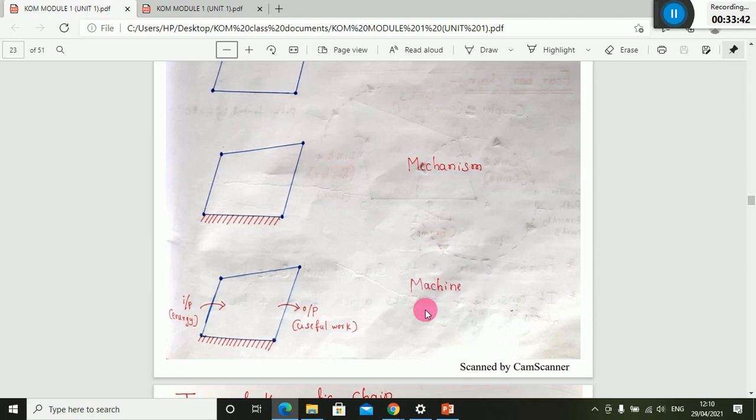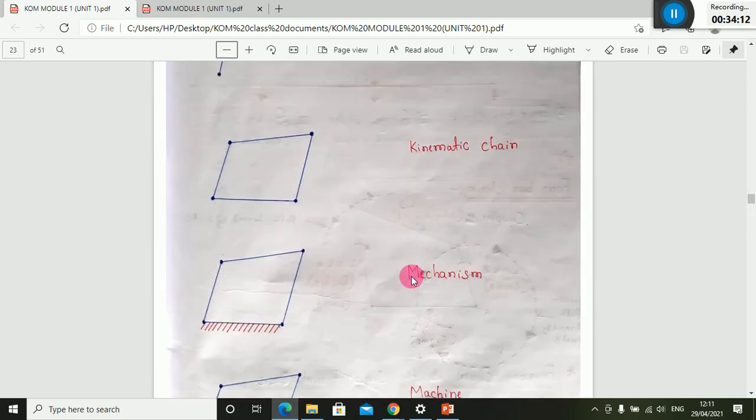When you consider a bicycle, it is made of so many mechanisms. One is a braking mechanism. It may be a disc type or a drum type. It is also one mechanism that is called a braking mechanism. And to control the motion of the wheel, it has a steering mechanism, and a seating mechanism, you can also say. It is made of so many mechanisms. So the bicycle is a machine, a group of so many mechanisms, and a mechanism is nothing but a kinematic chain, and any one link is fixed.